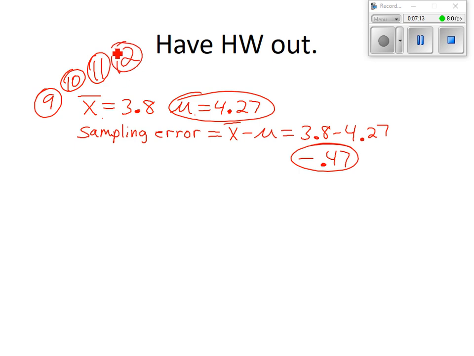All you do on each one of those is X bar minus mean, and that's the sampling error. Not 12. 13